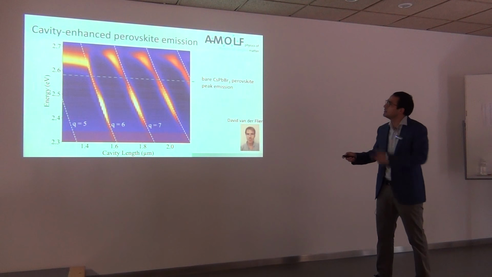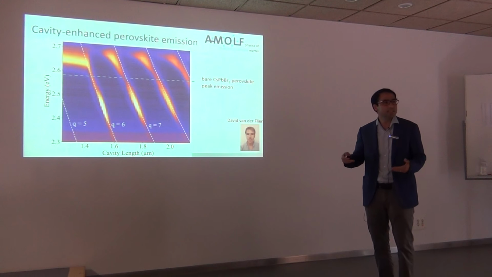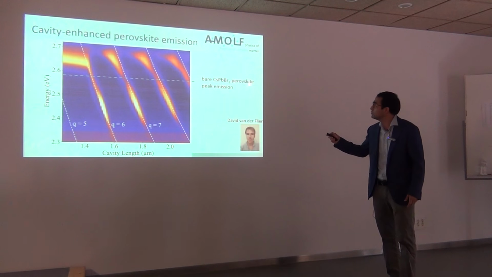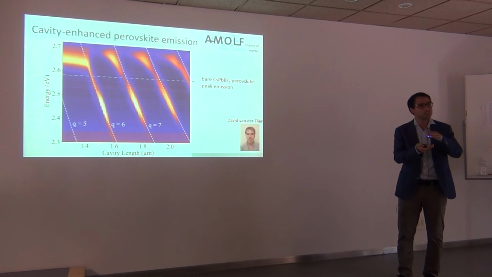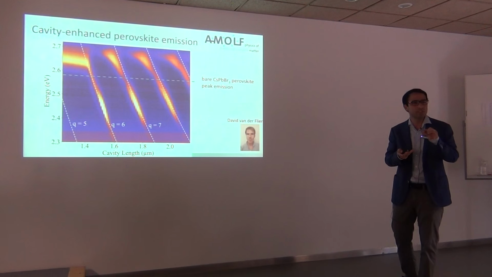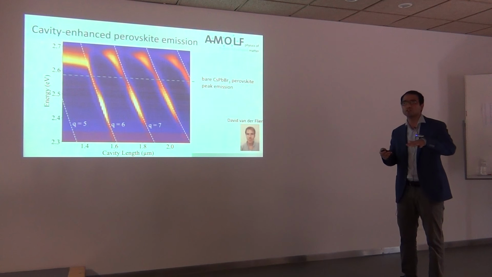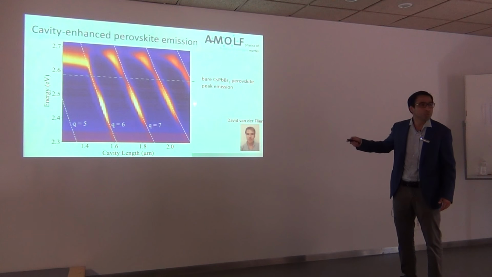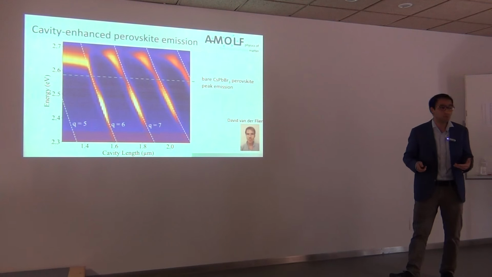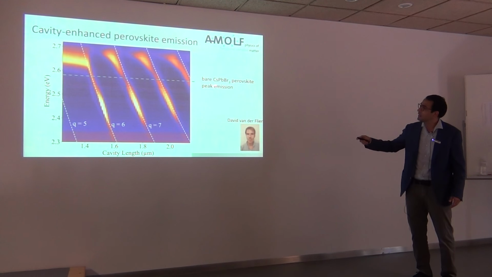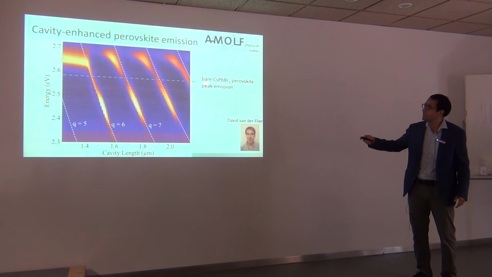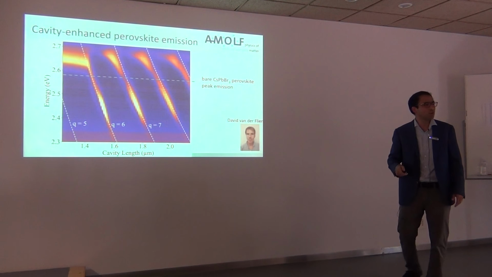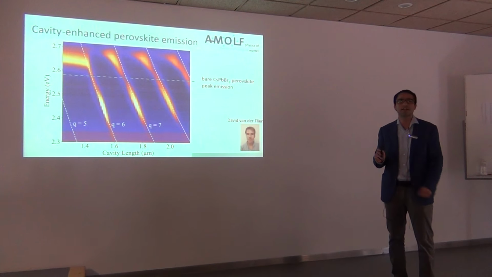We have also been looking at placing different materials. In this case, we put perovskite quantum cubes. So these are small cubes, about 8 nanometers in height, and they form a kind of monolayer on top of our mirrors. And again, we scan the cavity length. In this case, I'm showing you photoluminescence, no longer white light transmission. And you see that at the energy of the perovskite emission, which is indicated by this line, the cavity emission gets decreased and then increases again. So we're not yet in the strong coupling regime, but it's going in that direction.